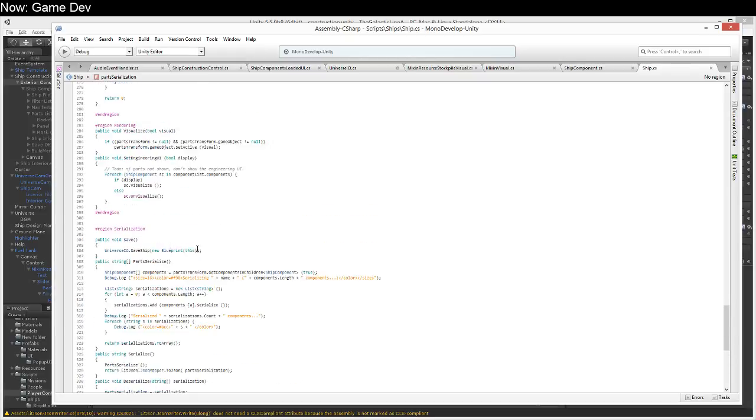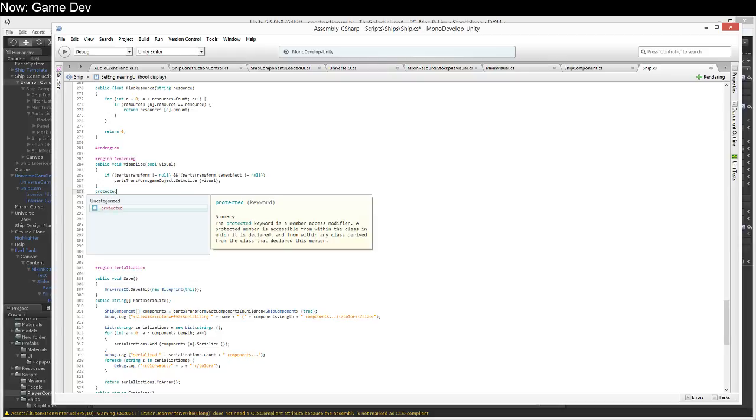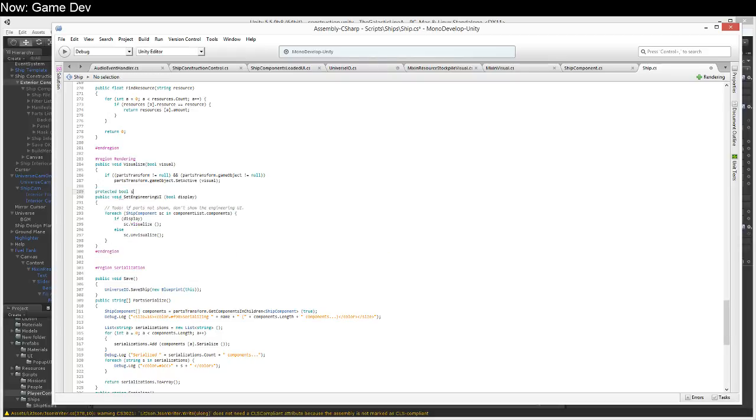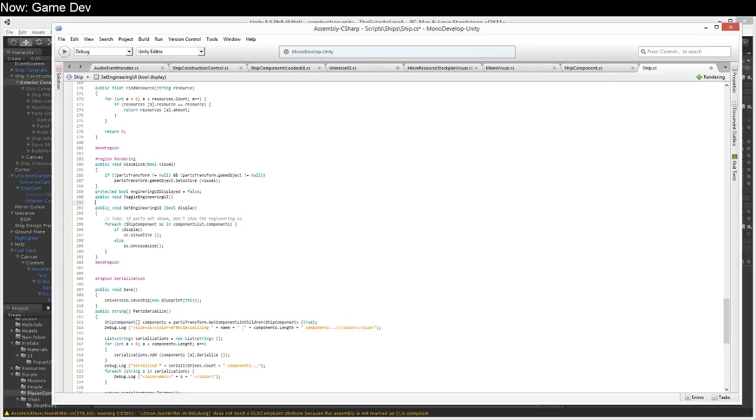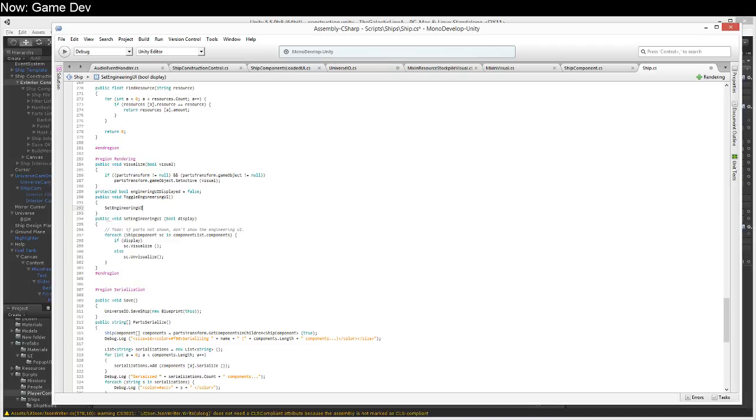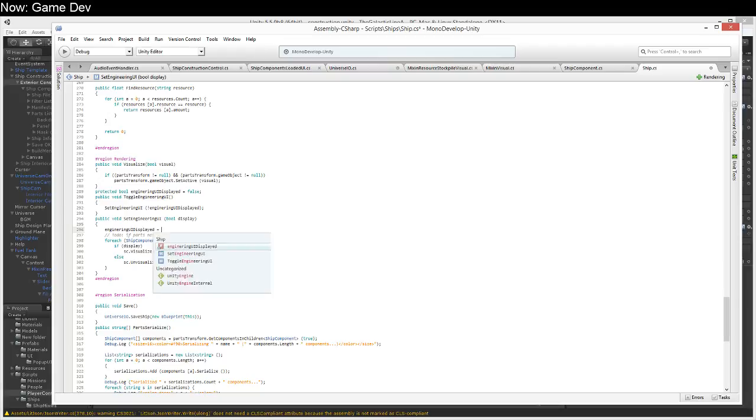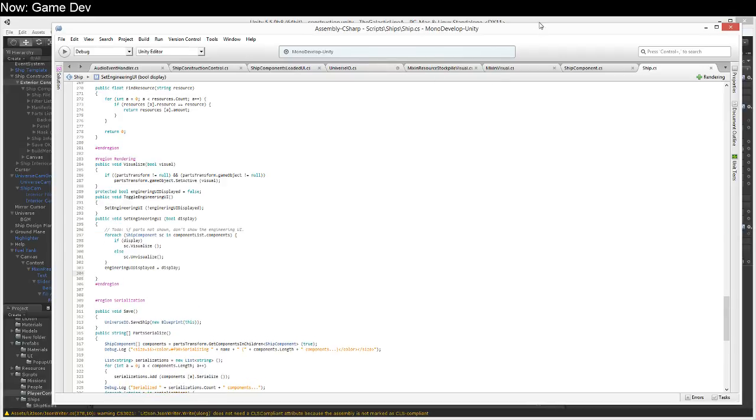And we'll go ahead and put it here. Protected bool engineering UI displayed equals false. Public void toggle engineering UI. Set engineering UI not engineering UI displayed. Say engineering UI displayed equals display. That would go best at the end, I think. There we go. And so what that'll do is it will allow us to create just a quick toggle here